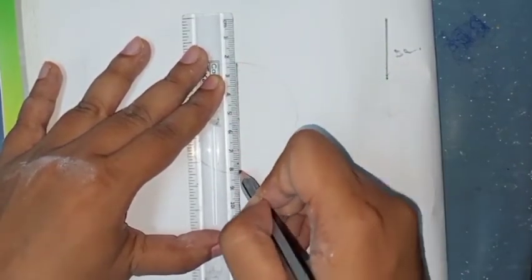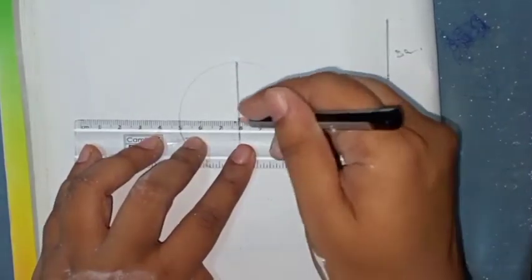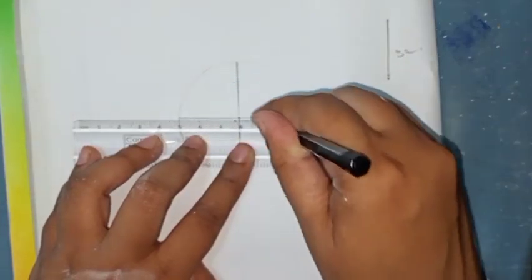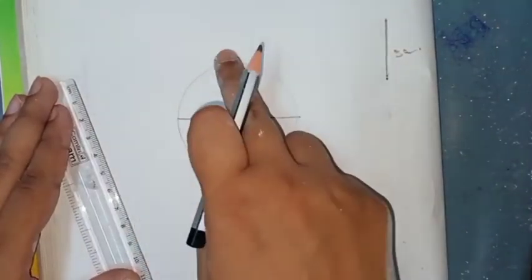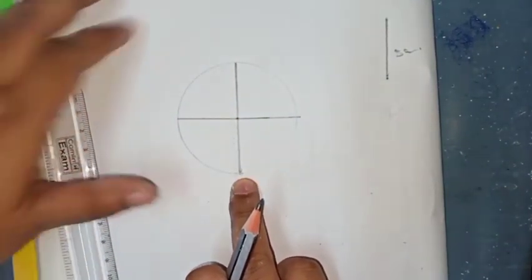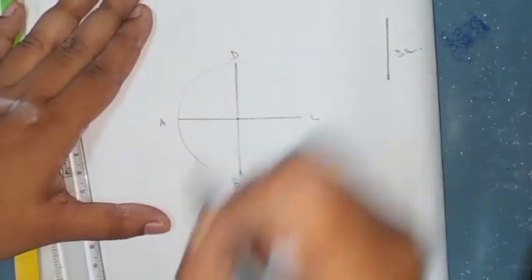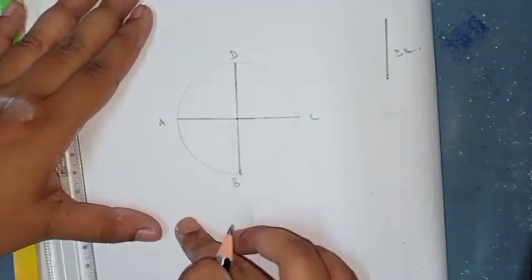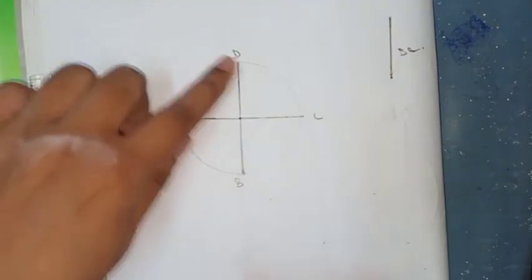This one and this one. Okay, two diameters. Now from the end point of each diameter we have to draw a perpendicular. Means I am giving the names A, B, C, D. From A we will draw, from B, from C, and from D. Now how will you draw? You have to draw 90 degrees at each point.